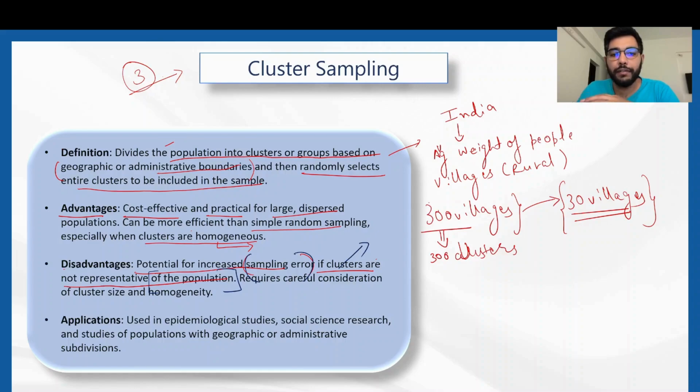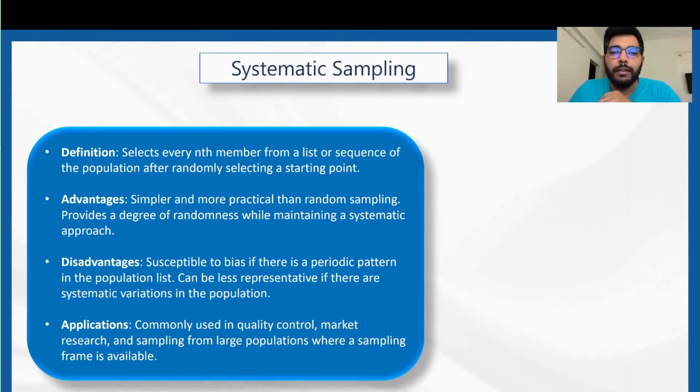Some of the applications of cluster sampling are, it is used in epidemiological studies, social science research, and studies of population with geographic and administrative subdivisions. Coming to the fourth major type of sampling technique, that is systematic sampling. As the definition says, it selects the nth member from a list or sequence of the population after randomly selecting a